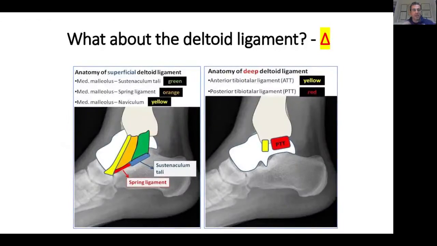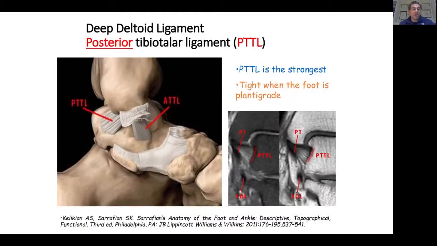Because the deltoid ligament, coming from the Greek word delta because of its shape, at least in the superficial portion, is not one ligament. It consists of many ligaments, I would say. There is a superficial portion that bridges the talus, and there is a deep portion, which is the most important one, the posterior of the deep portion that stabilizes the talus within the mortise. And there are different characteristics of the different portions. So when the foot is plantigrade, the deep posterior portion of the deltoid holds the talus within the mortise stable.